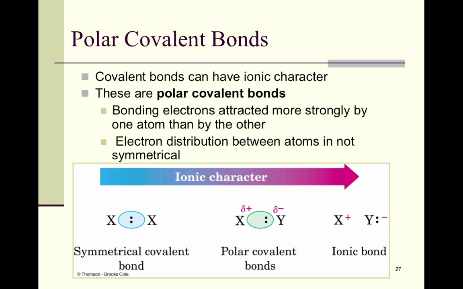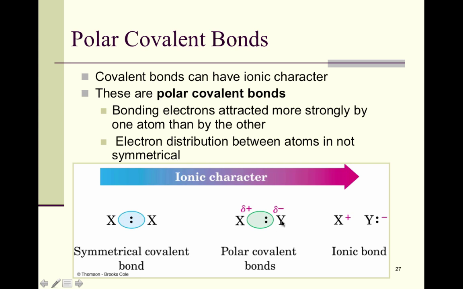For example, if you have one of the halogens that are highly electronegative, it's not going to share the electron cloud equally with a carbon or an element that is less electronegative. So looking at the electron distribution between atoms, it's not necessarily symmetrical. Now, it is symmetrical when they have very close electronegativity. So the cloud is equal, and we're not going to have any polarity or any slight positive or negative charge. But as soon as we get one